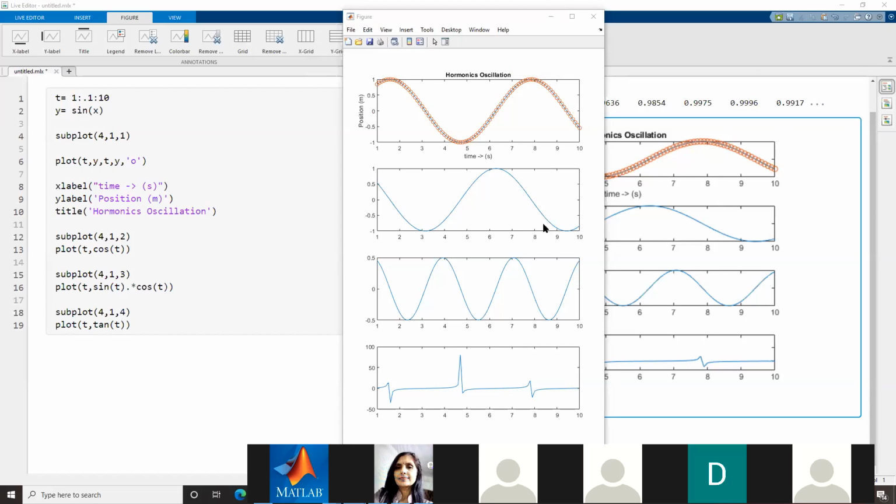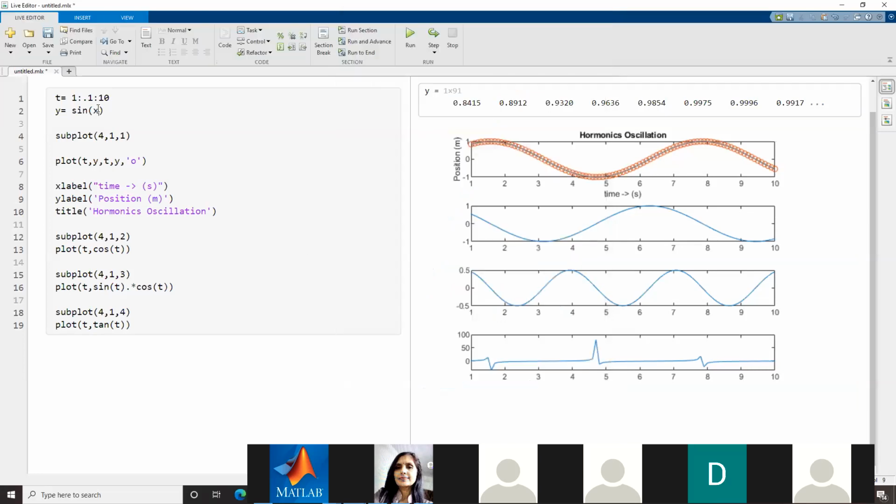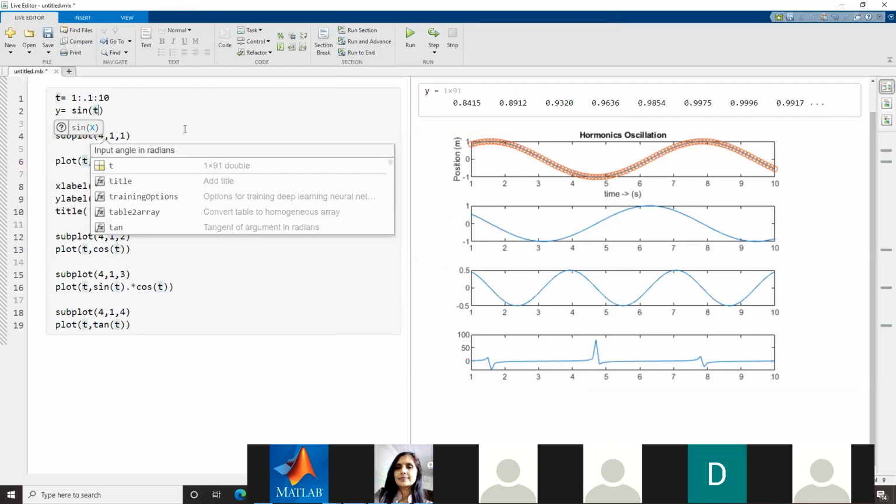Sir, in line number 2, y is equal to sine t, is it correct or not? Sine t, it's correct. Sir, once again, please explain subplot. Okay, this one, yeah. Here it should be sine t only, correct.